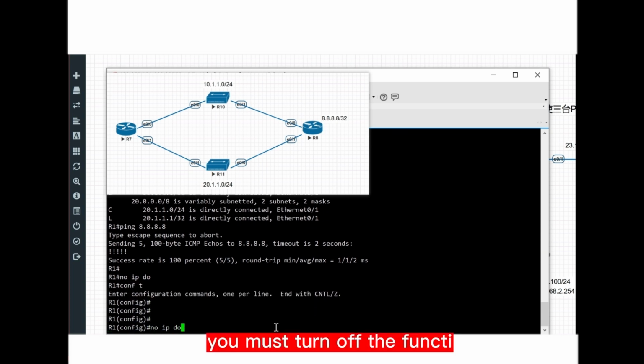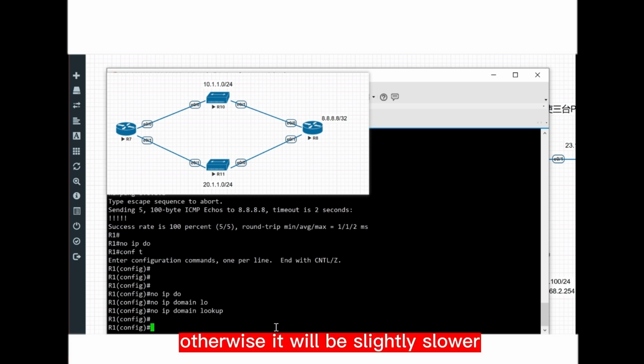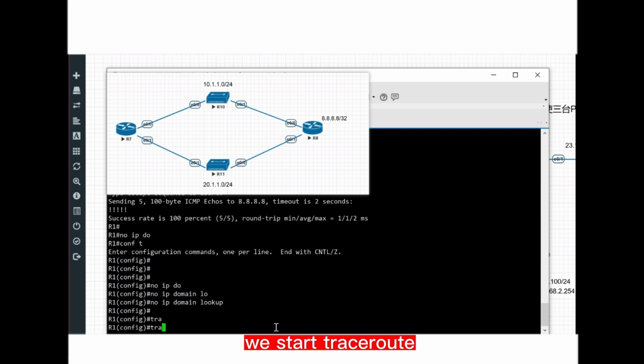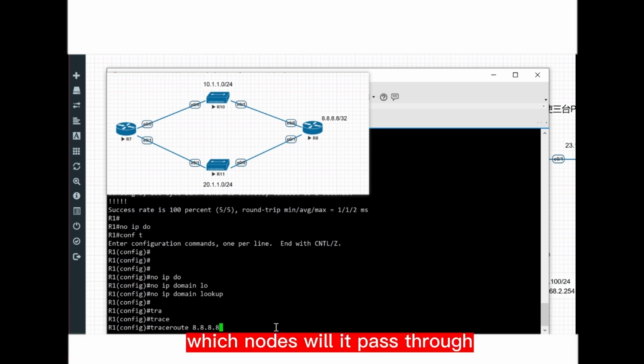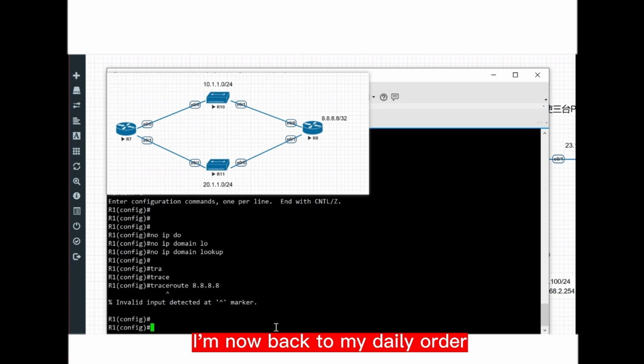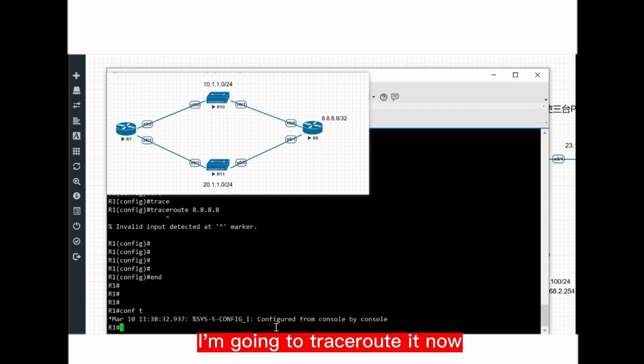You must turn off the function of domain name resolution, otherwise it will be slightly slower. After closing, we start traceroute. I now wish to trace 8.8.8.8. Then check which nodes it will pass through. For example, I'm going to traceroute it now. If using traceroute,